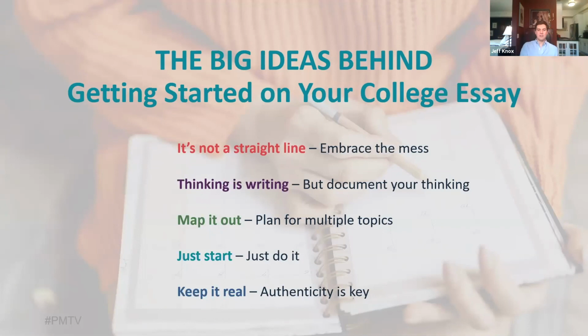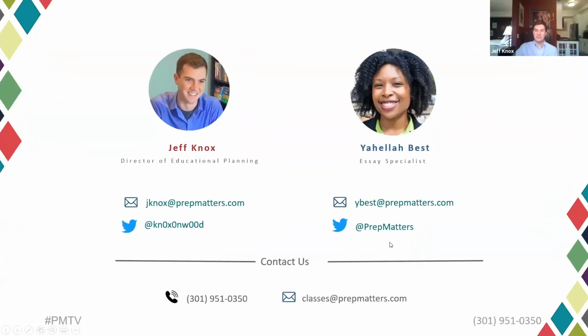And then authenticity. If there were a secret for college admissions writing, that's the secret. It's authenticity. It's being true to yourself, keeping it real, and writing honestly. It's more compelling to an admissions officer than fancy words or humor or any of what I call sometimes gimmicks, depending on how they land. But authenticity is key.